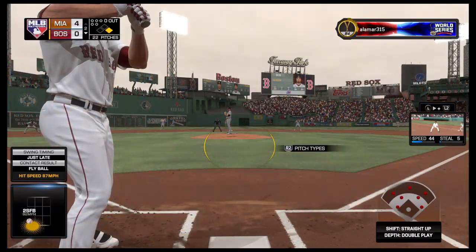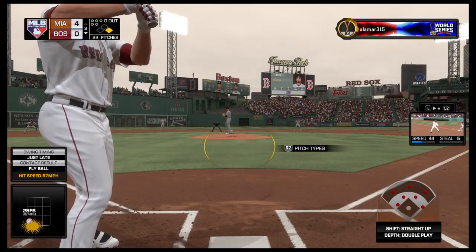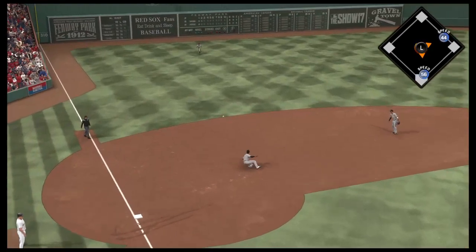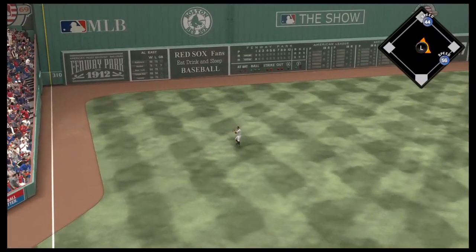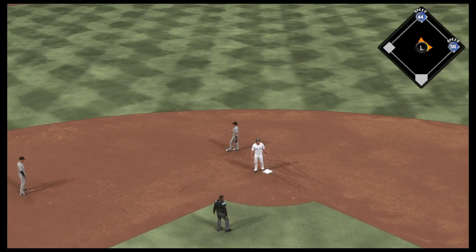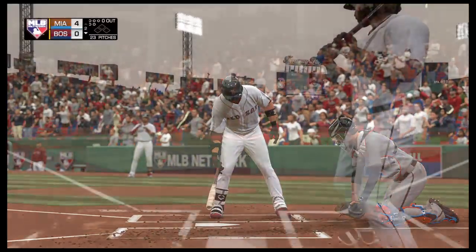In now is Anthony Rendon, and he's definitely off to a fast start in the early part of the season. Sharp ground ball to third, and a sliding try there at third, but it skips by him, a base hit. Digging in,